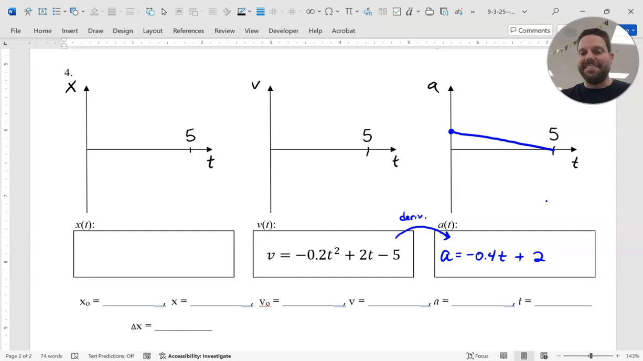Anyway, so at 5 seconds, if you plug in time equals 5 right here, then you'll notice that the acceleration does reach 0, and I had that planned out so that we're only looking at this part when the accelerations are positive. Okay, so now that we have that derivative done, we can also work backwards to get